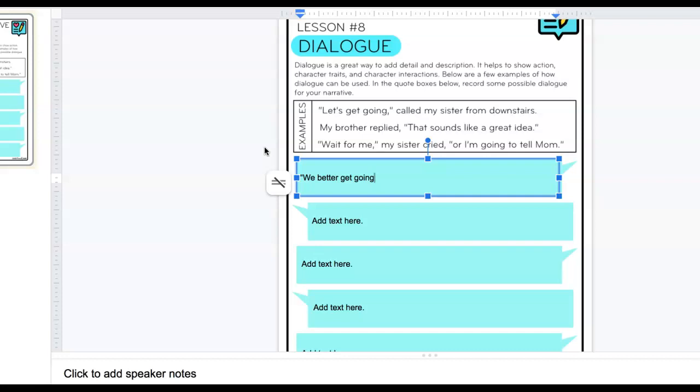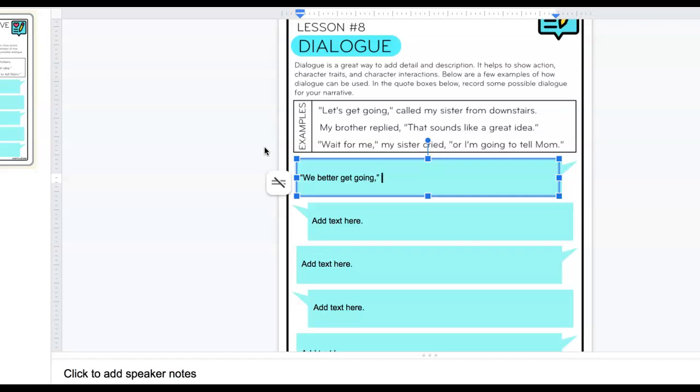So with that said, you don't always have to have something here. You could put a period and end it with a quotation, or you could put an exclamation mark and end it that way. Maybe they yelled it. A lot of times though, we're going to put a comma. We're going to put quotation marks because that ends what the person is saying. When we put opening quotation marks at the beginning and a set of quotation marks after what they said, that shows us that that's all that they said.